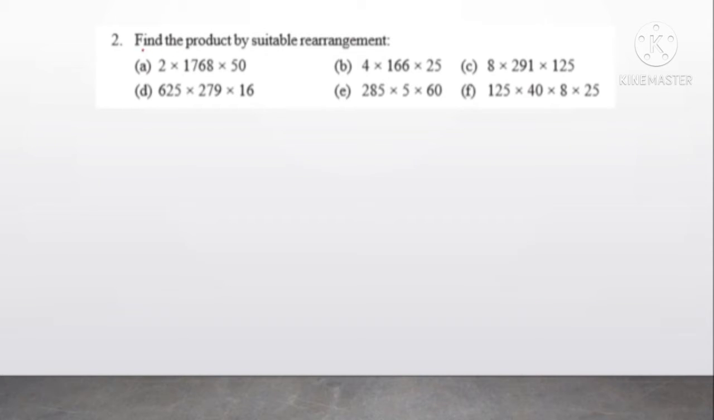Second question, find the product by suitable rearrangement. You have to rearrange and find the product. Okay, so first subdivision, 2 into 1768 into 50. So this is equal to, as I told you in the previous sum,